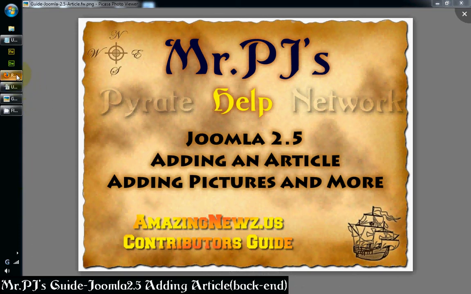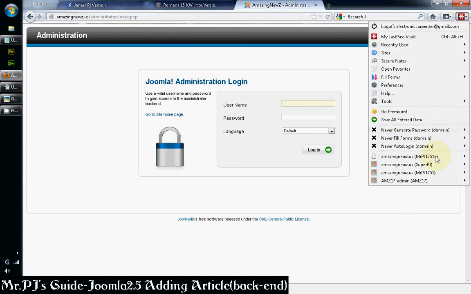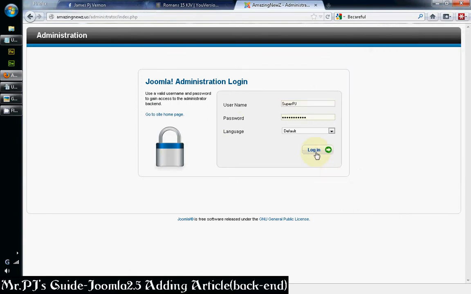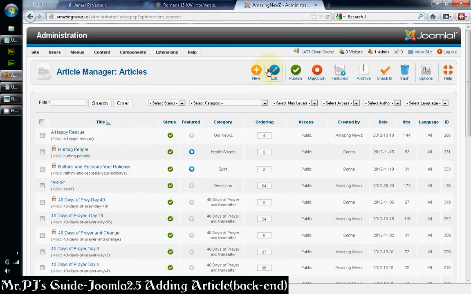First thing you need to do is go over and log on to your site. I use a password manager, and so I just go here and do that. Now, when adding an article, simply go to your article manager, click New,